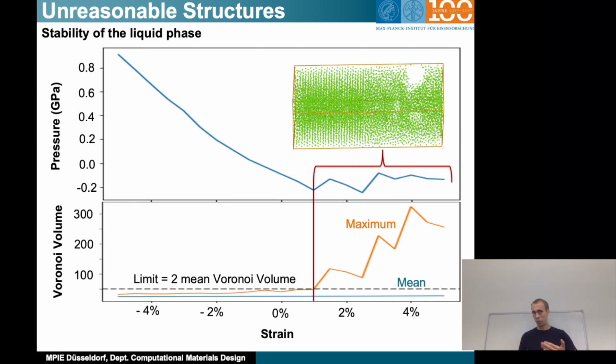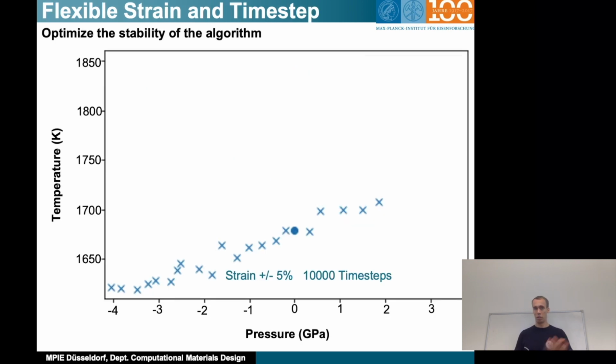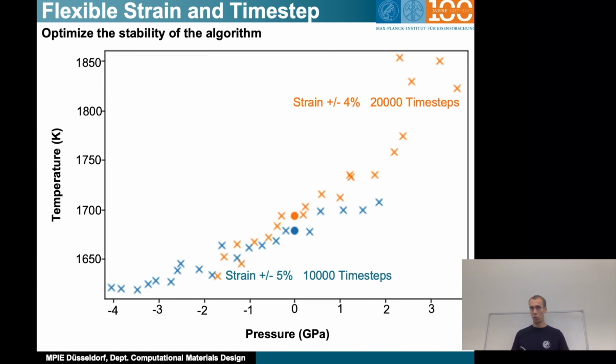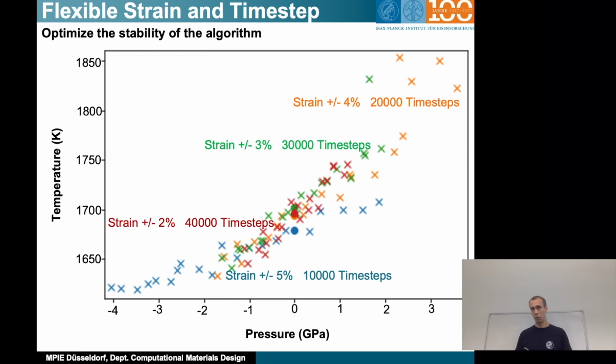So that's another detector that we need to identify the unreasonable, unphysical structures. And then the last part is just having flexibility in the different parameters. So I take a strain, I start with ±5%, I only do 10,000 steps, and then I reduce the strain to get closer to 20,000 steps, and then again I reduce it to 3%, 30,000, 2%, and 40,000, until really I do just 1% strain and 50,000 steps, right? To really sample this point where we're closest to the melting point, to get an even higher precision in the